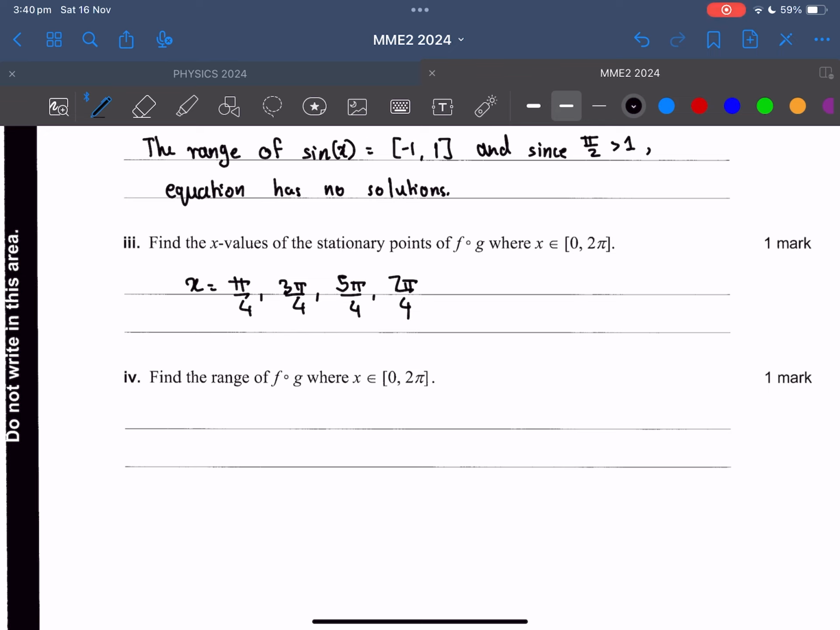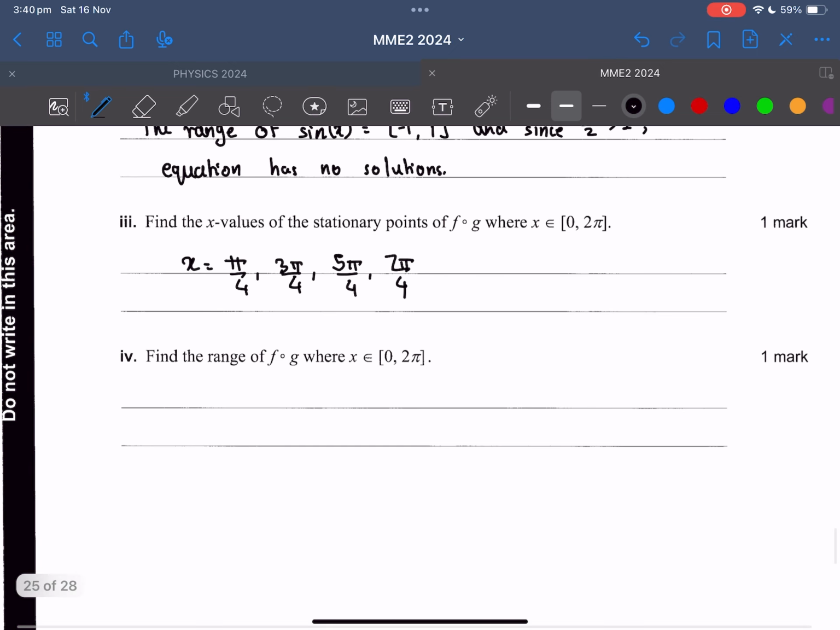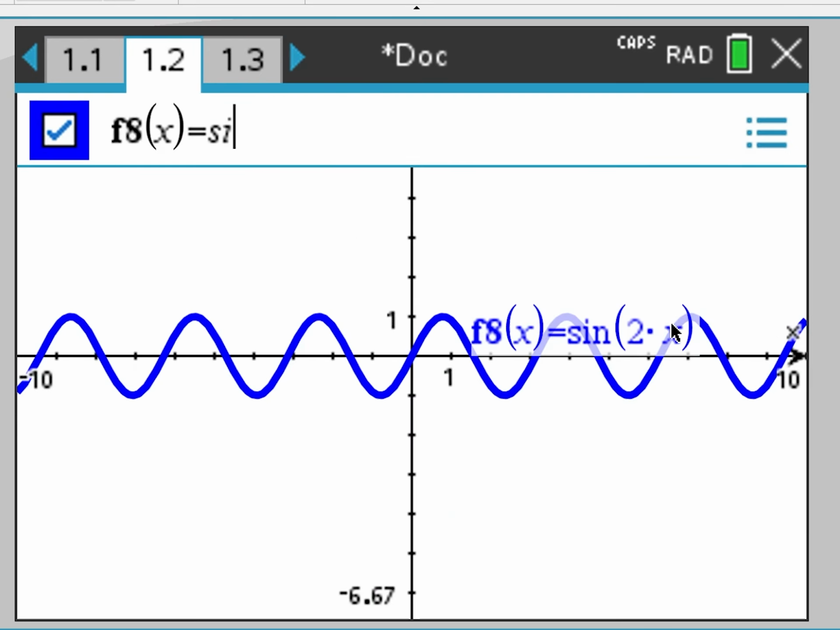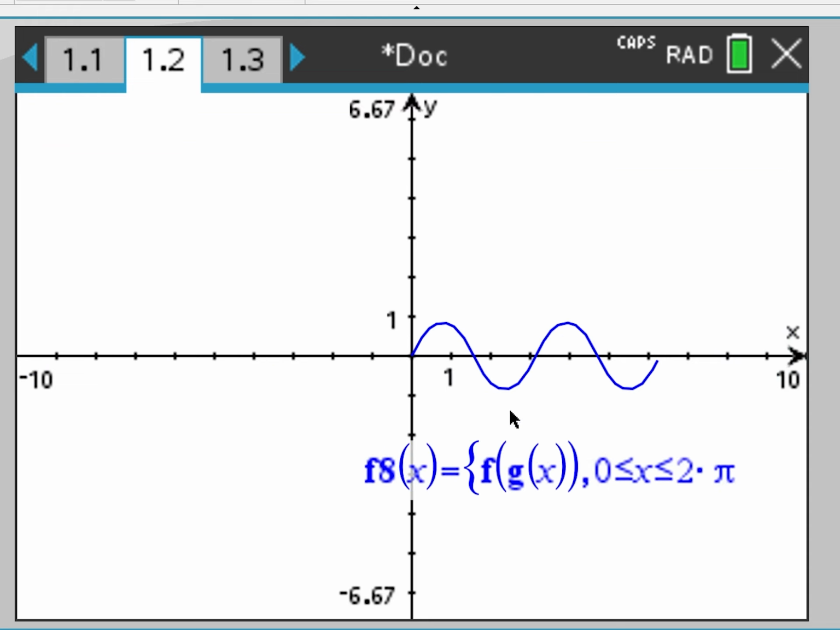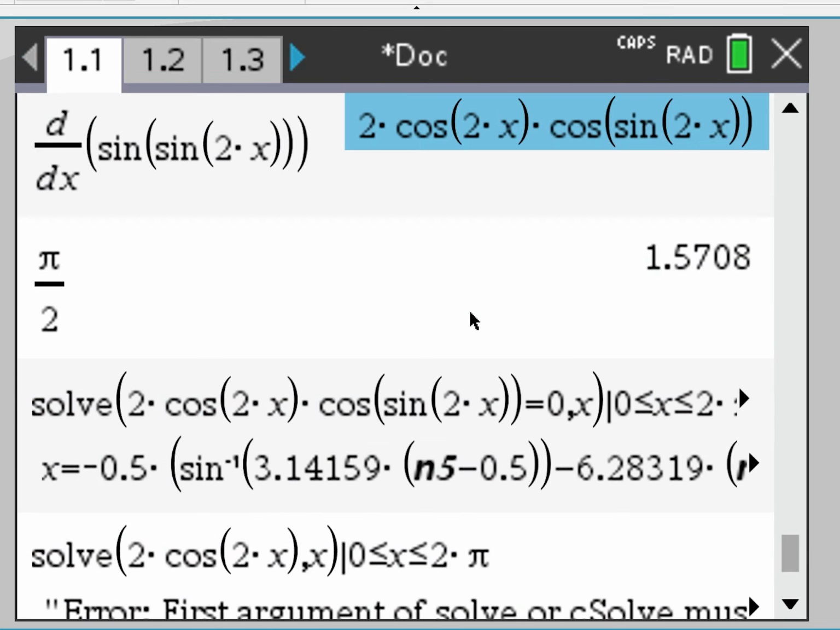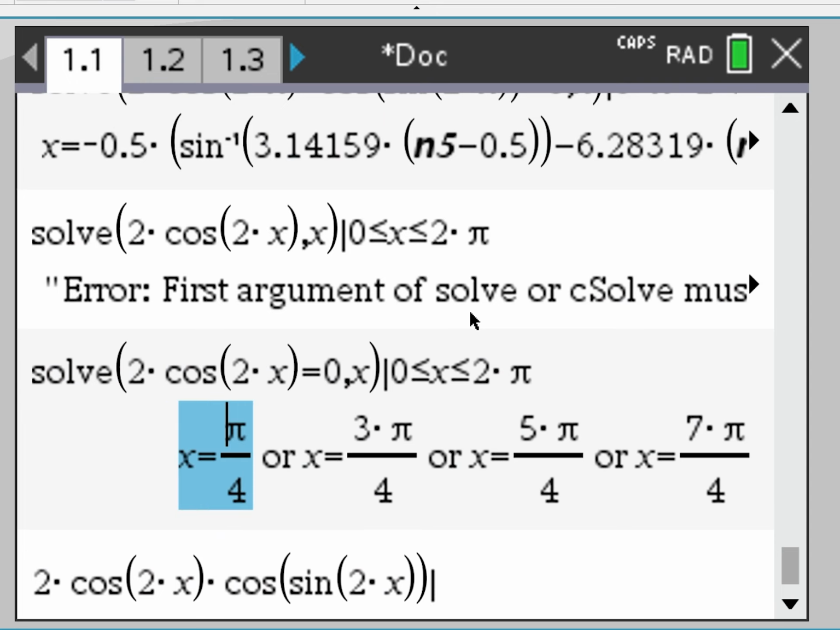Find the range of f of g of x where x is between 0 and 2 pi. Okay? So let me plot this. I don't want any trickery. Better if I just plot this. So f of g of x, and we have to be between 0 and 2 pi. Okay, so it's just going to happen at the given values that we just found, essentially. So if I were to put this one back down here and do that,